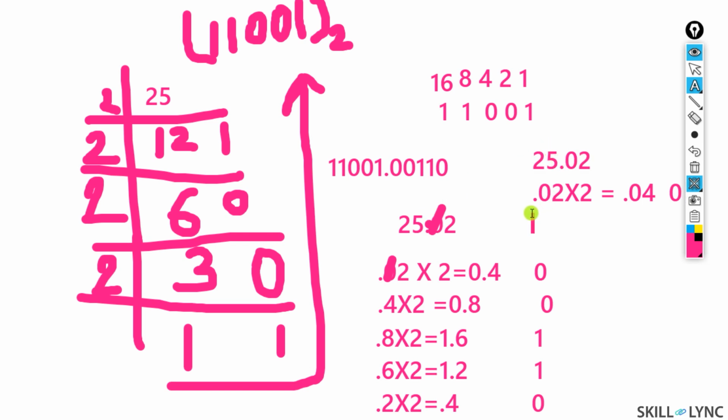Here you will multiply 0.04 by 2. Again it is 0.08. But you are keeping 0 because we are taking this part 0, because it is 0.04, 0.08. I am very much interested in this 0 part rather than the fraction part. So in this way you can find out any part, decimal to binary conversion.